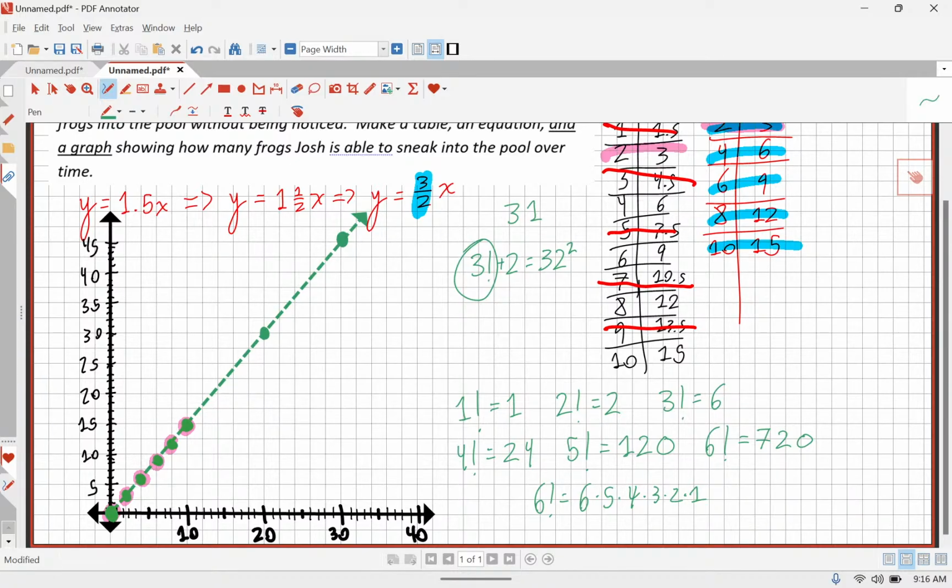And it turns out that those are really important numbers in statistics, and you'll learn a little bit about why later. Yes, Liam. Or you could just do 6 times 100. Yeah, you can also do that. 6 times 5 factorial. It would also be 6 factorial, because you can just take your previous number and multiply by the next one. So if I wanted 7 factorial, it's just 7 times 720.